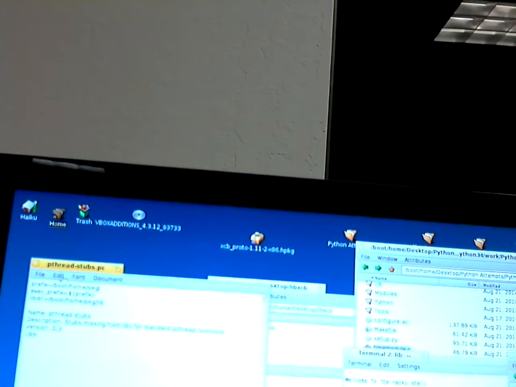So I've adapted that, and in some cases, the package source won't complain about pthread stubs. In some cases, it will. The XCV libraries, at least the newer ones, have needed pthread stubs. I also came to the realization that package source wasn't causing that pthread stubs error to come up. It actually,